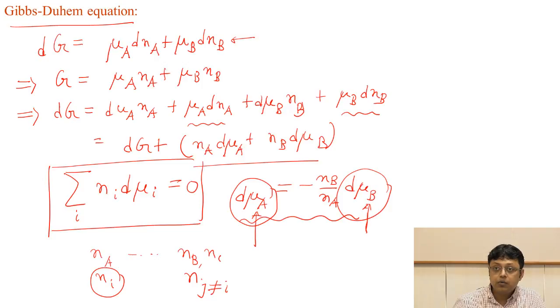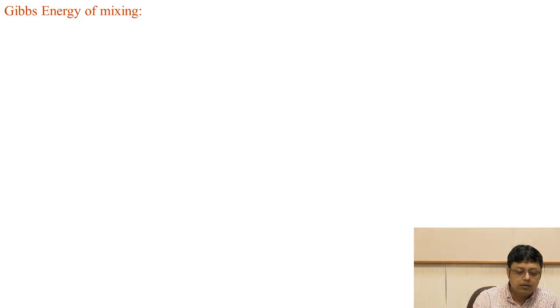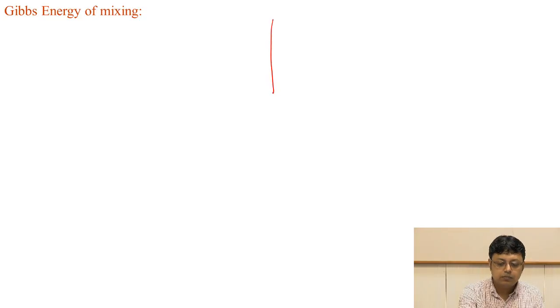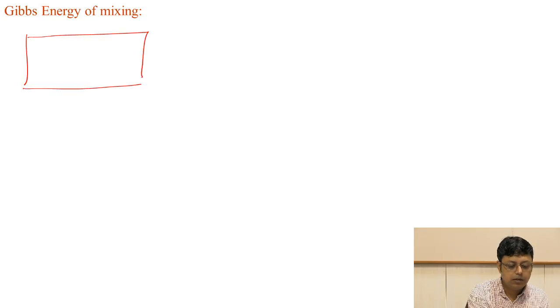Now since it is a mixing, we have to talk about two or more ideal gases. Remember that if we take the Gibbs free energy of mixing, we have to keep the pressure and temperature constant. So let us imagine that we have a container, something like this, and initially I had Na moles of gas A or vapor A and Nb moles of gas B,